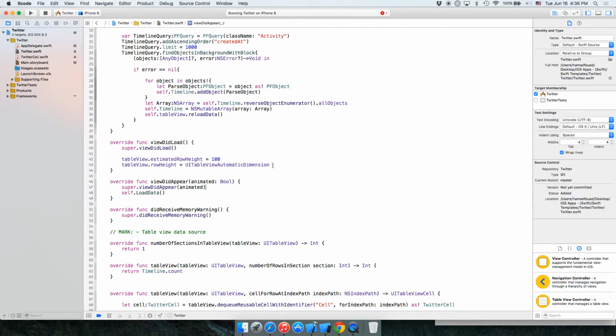Alright, 2 lines of code will solve this problem, and it will maximize and minimize the cell according to the label size. Go back to storyboard